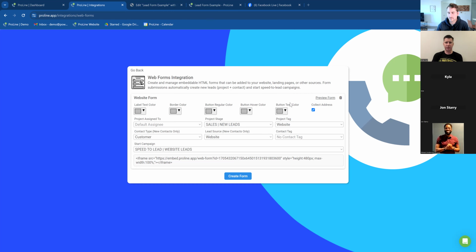I've got one. So this web forms integration would be, you're saying, on a website or a source where you couldn't normally do the webhooks, or is this just an alternate way of doing that? Yes, it's kind of both. But primarily the use case for this feature is as a fallback in case you can't use the webhook connection. So do you have the webhook connection set up right now for your website for Speed